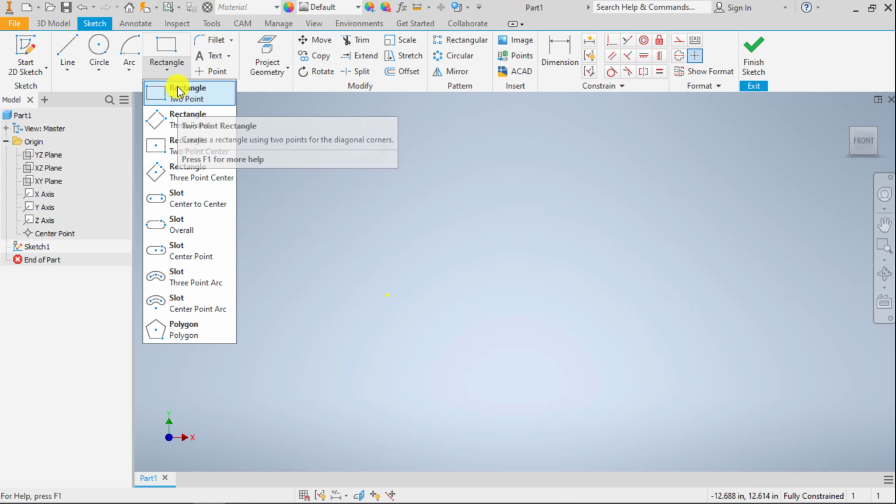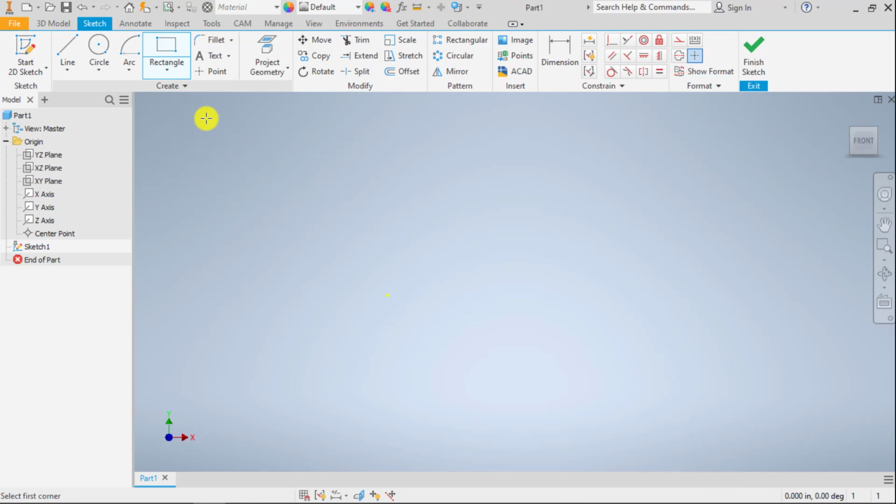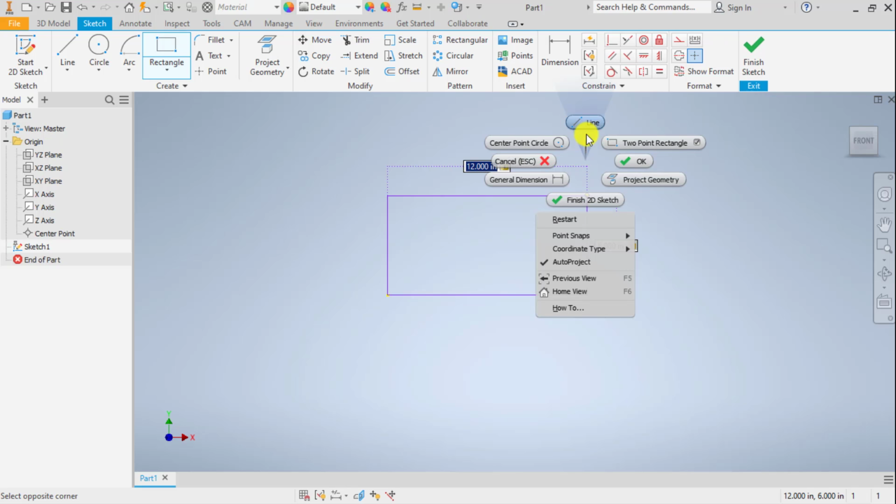So start off with at the top, we have our regular old 2-point rectangle. It's defined by 2 points. So if I wanted to start with, let's say, the lower left-hand corner of my rectangle, I can now type in 12, tab to change dimension boxes, 6, and now I have a 12 by 6 rectangle. When I hit enter or right-click OK,